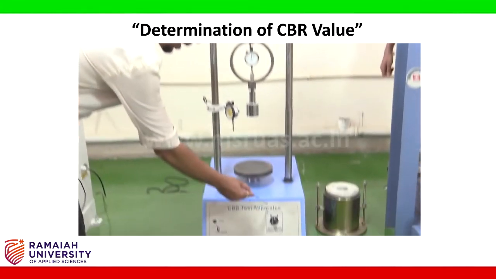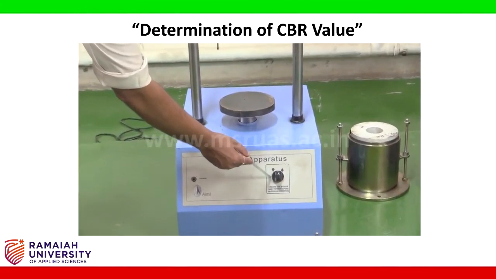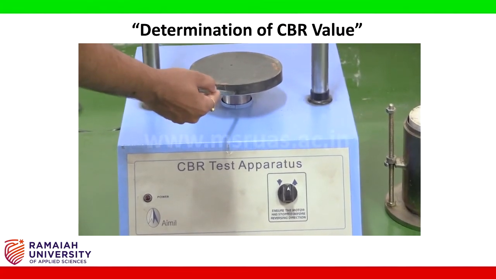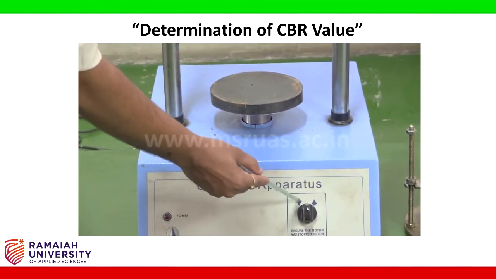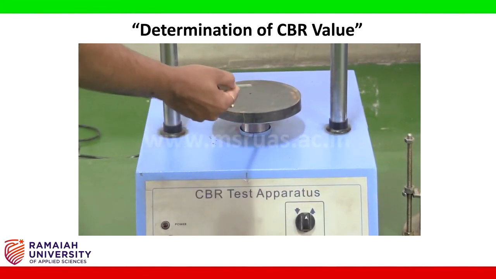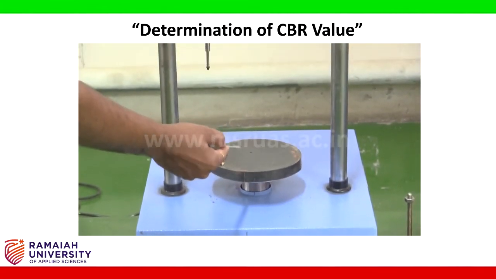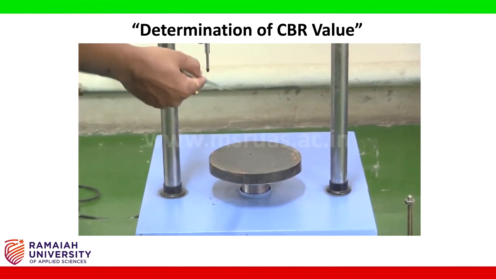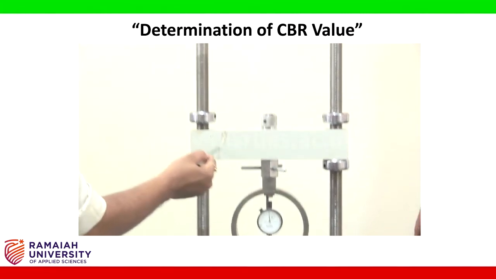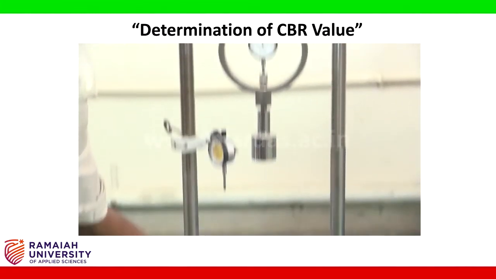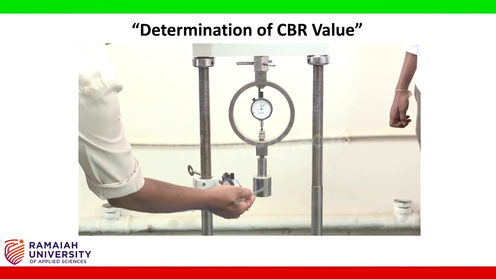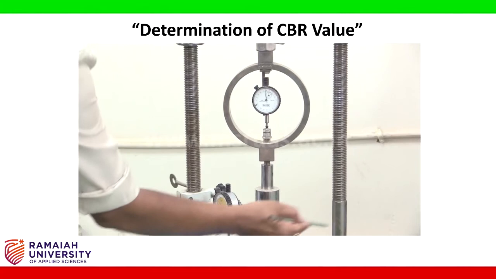This CBR test apparatus is having a knob which, if turned to the left, lowers the base of the testing apparatus, and if the knob is turned to the right, it raises the base, thereby applying the pressure or the load on the specimen while the test process. We have the reaction frame against which, when the base plate raises itself up, the load is being transferred through the plunger of 50 mm dia on the specimen.